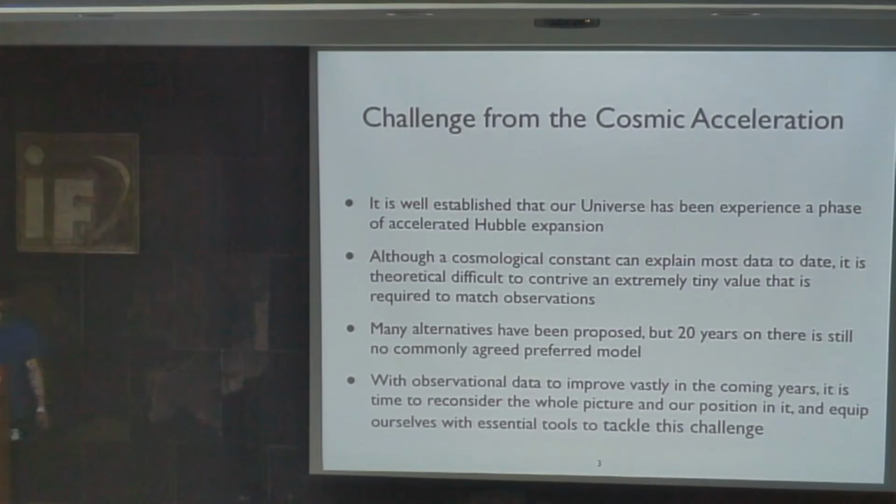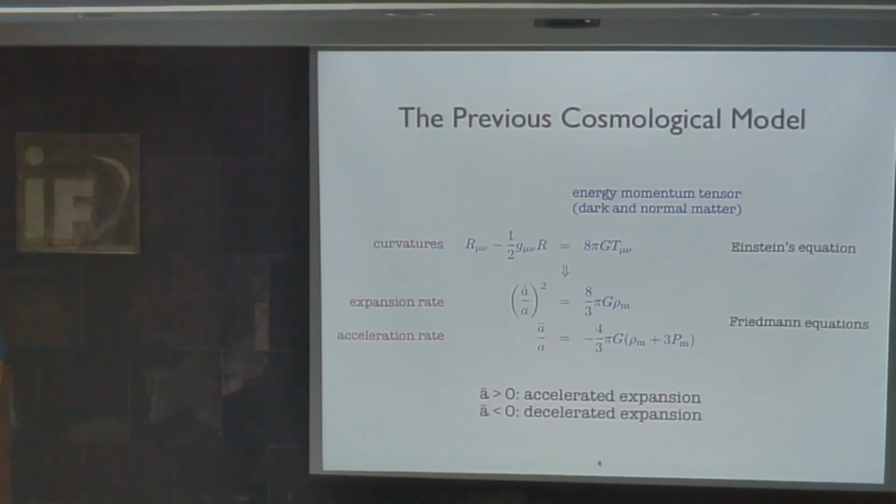So I don't think I need to talk too much about this. We all know that the cosmic acceleration is something that is very, very difficult to explain theoretically. We have a cosmological constant model, but nobody knows what is the origin of the cosmological constant, and that kind of thing. And in the next few years, there will be exciting galaxy surveys, cluster surveys, such as DESI, Euclid, LSST, eROSITA. These kinds of surveys will help us to more fundamentally understand the nature of this cosmic acceleration.